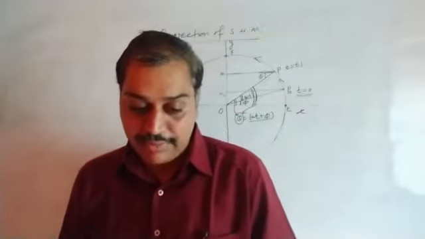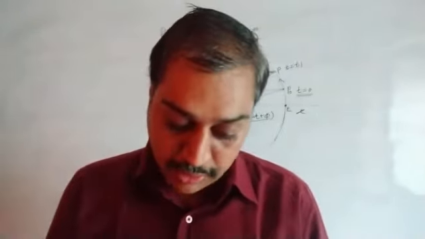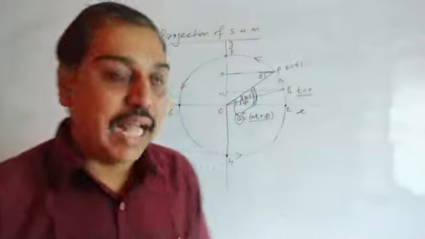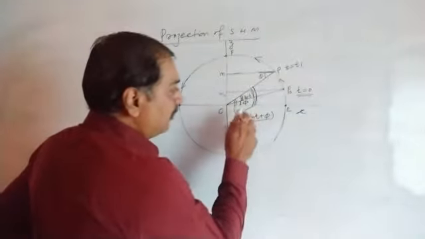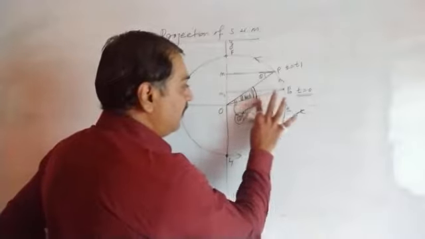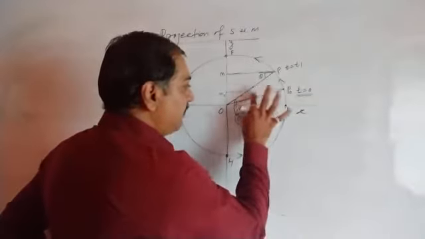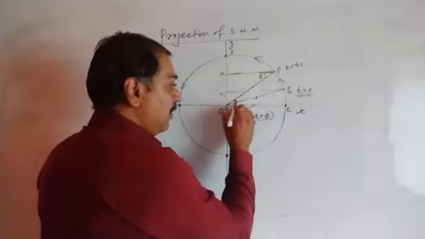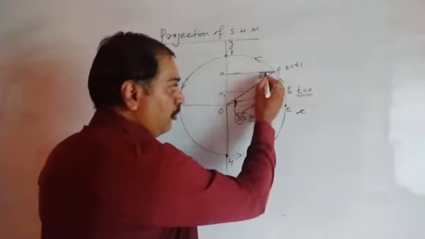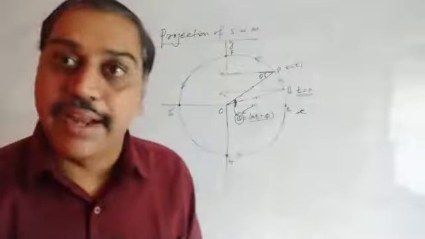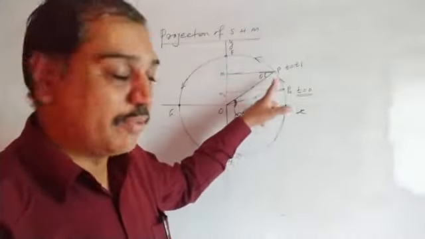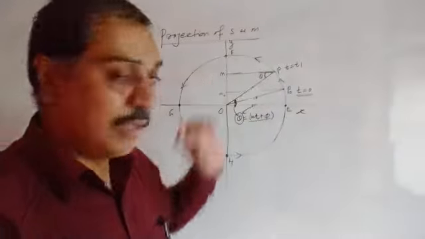In this topic, what we have to do? We have to find out the projection of displacement. For that, I have drawn here. Now I will erase this part. If this angle is theta, then this would be theta, the adjacent angle we can say. So this is theta, this must be theta.